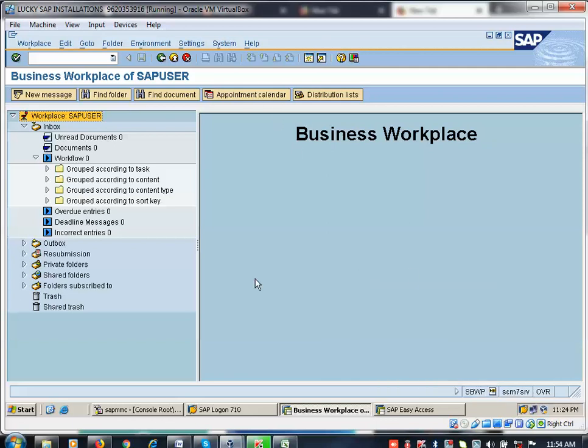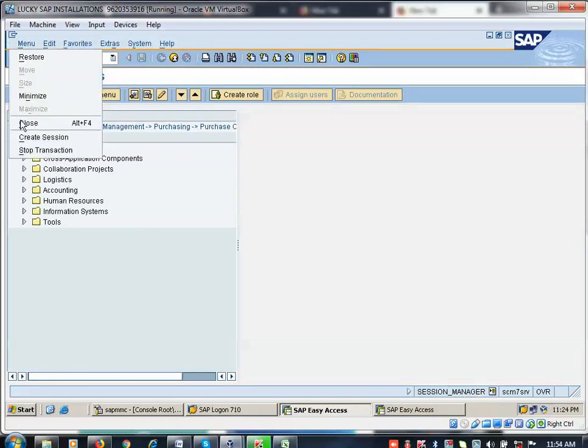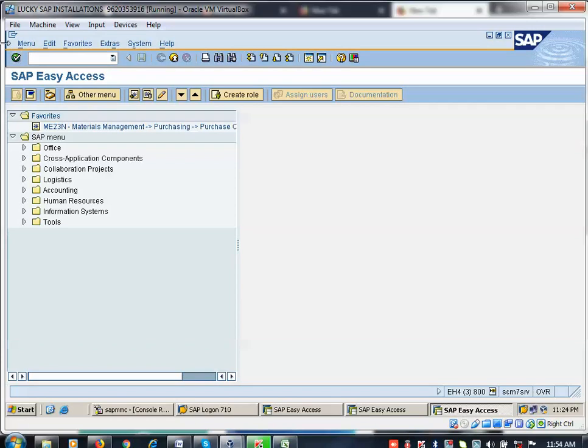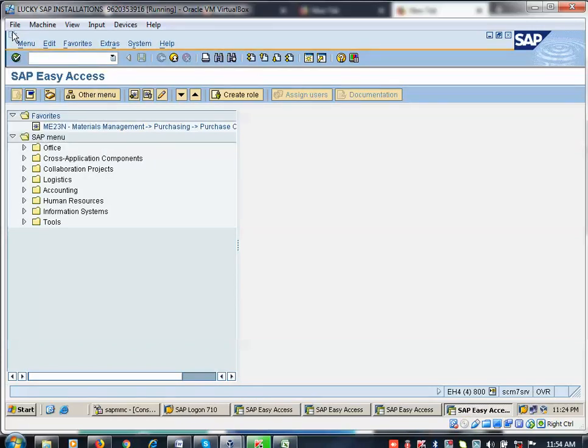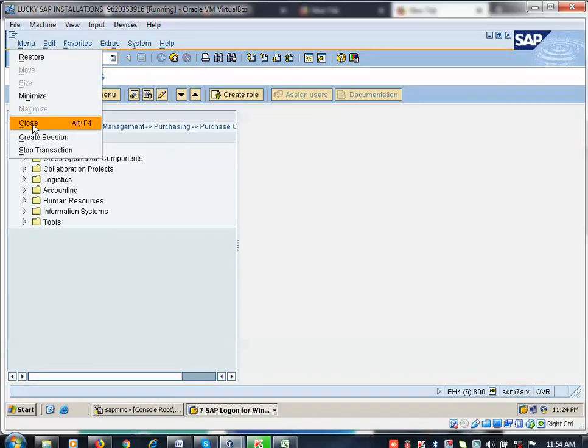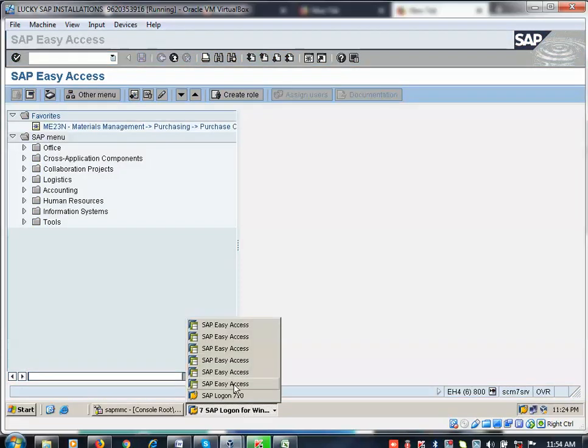So now today's topic is login, log off, multiple sessions. I have opened 2 sessions. Like this, I can go and create another session here. Like this, I can create another session also, and another, and another. So now 1 plus 5 is completed here. See now how many screens are here? Now 1 2 3 4 5 6 screens are open.